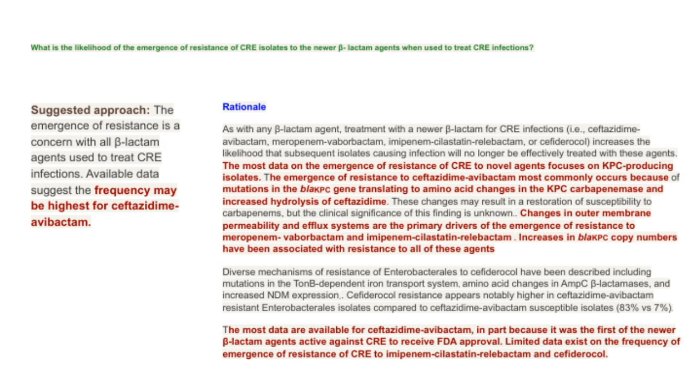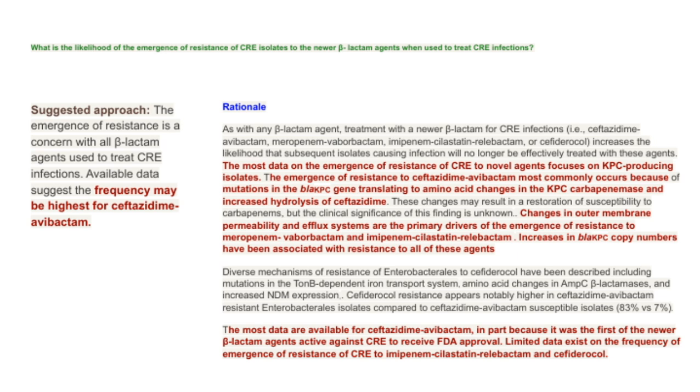For cefiderocol, resistance mechanisms are more diverse. They include mutations in the iron transport system, changes in AmpC beta-lactamases, and increased NDM enzyme expression. Notably, resistance to cefiderocol appears much more common in isolates already resistant to ceftazidime-avibactam, about 83% compared to just 7%